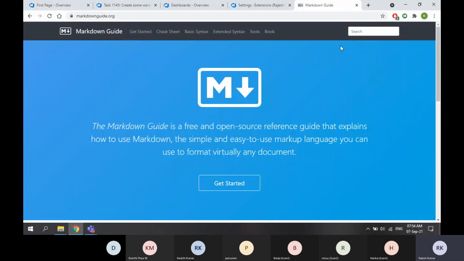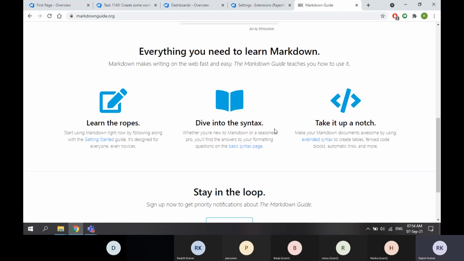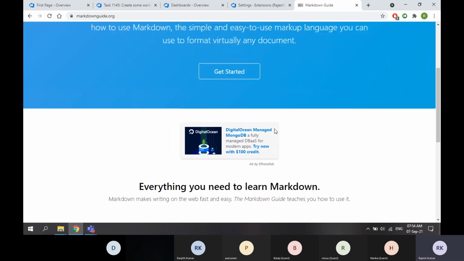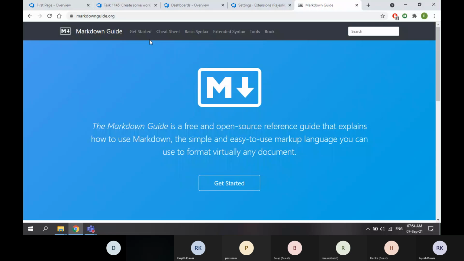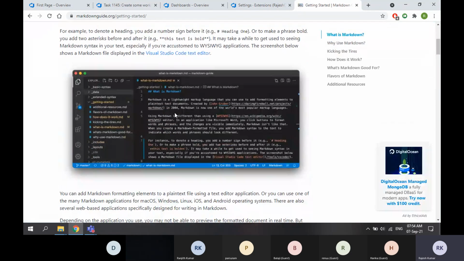So this is markdownguide.org. So here you will see it is used to format virtually any document. This is all about writing good documents. We can learn from here what is Markdown.